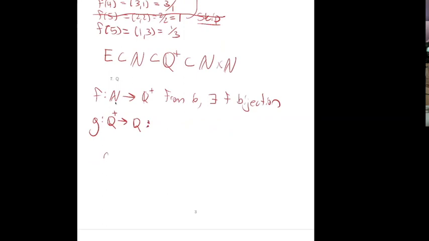So let's just define this map G in the following way.